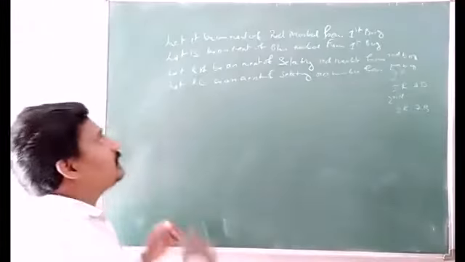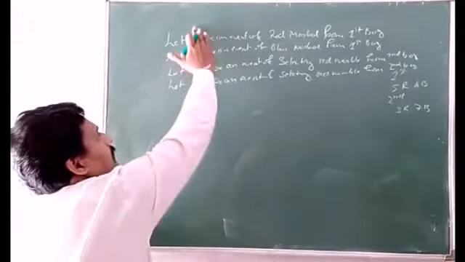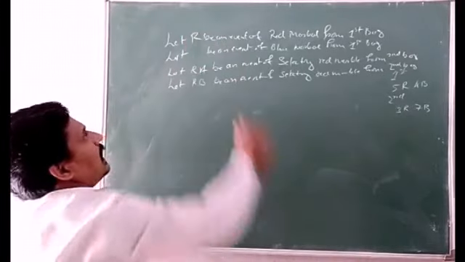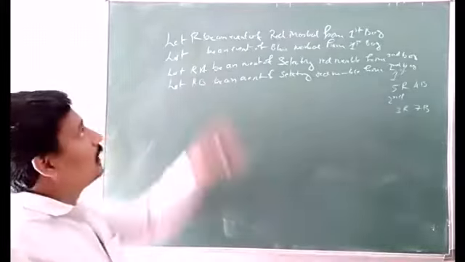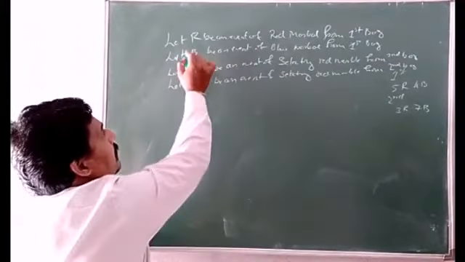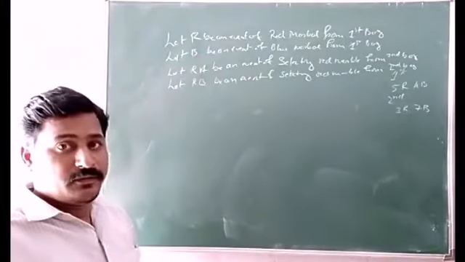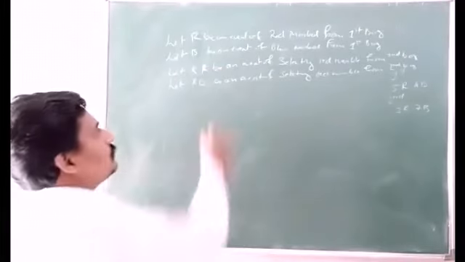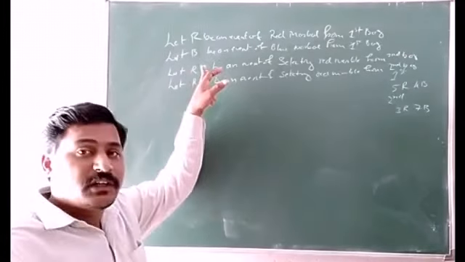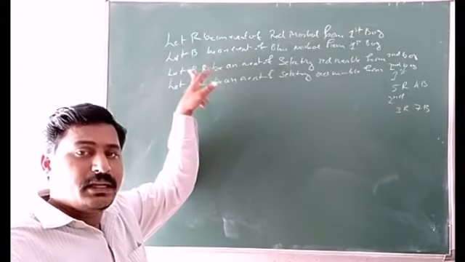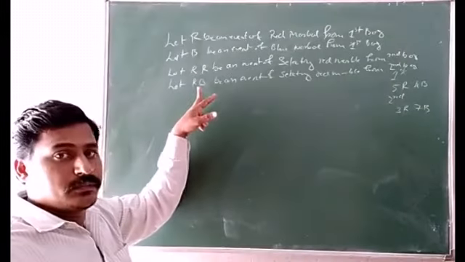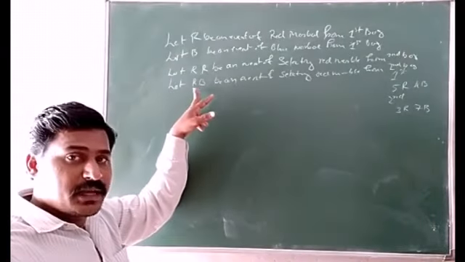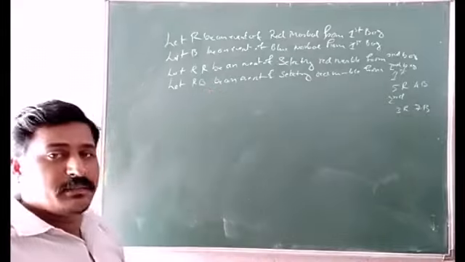So instead of A and B, let R be an event of selecting a red marble from the first bag, and let B be blue marble from the first bag. Then RR means from the first bag we have taken red marble, and again from the second bag red marble. RB: blue marble from the first bag, then red marble from the second bag.